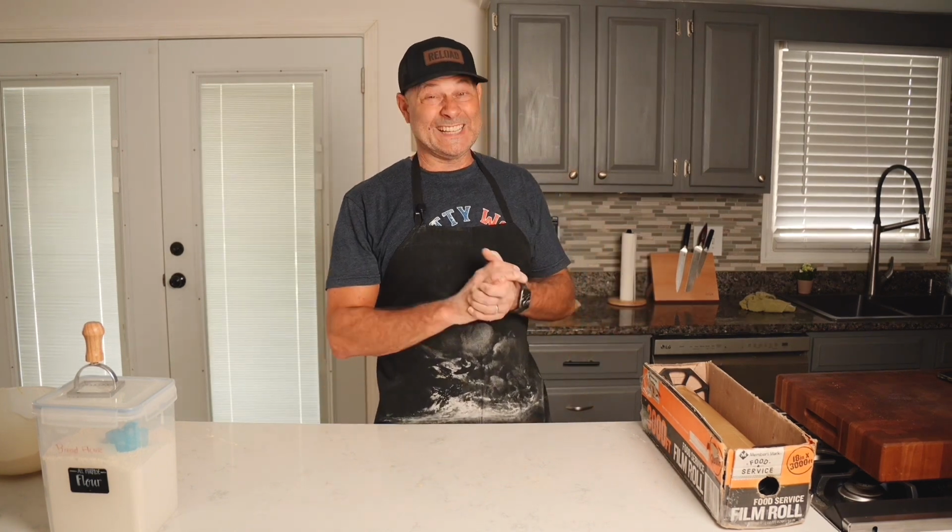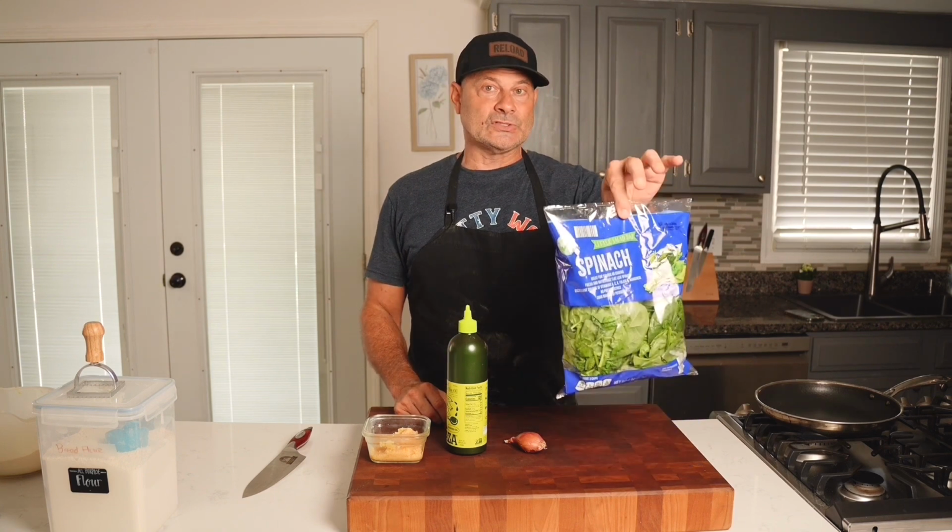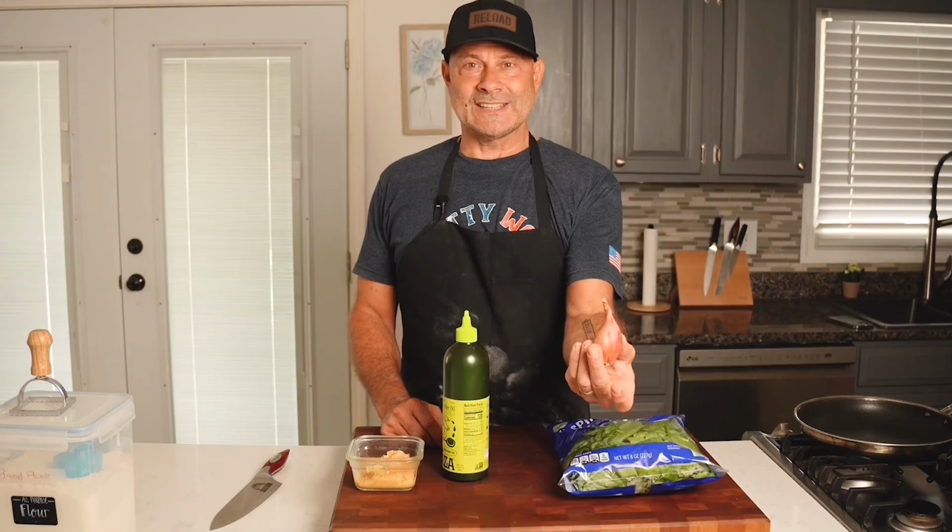Now it's time to make the filling for the ravioli, the exciting part. Let's move on to the next step, which is the filling. So it's basically 4 ingredients, and then we're going to put 2 cheeses in it once we get the spinach cooked. So we're going to start off with some spinach,